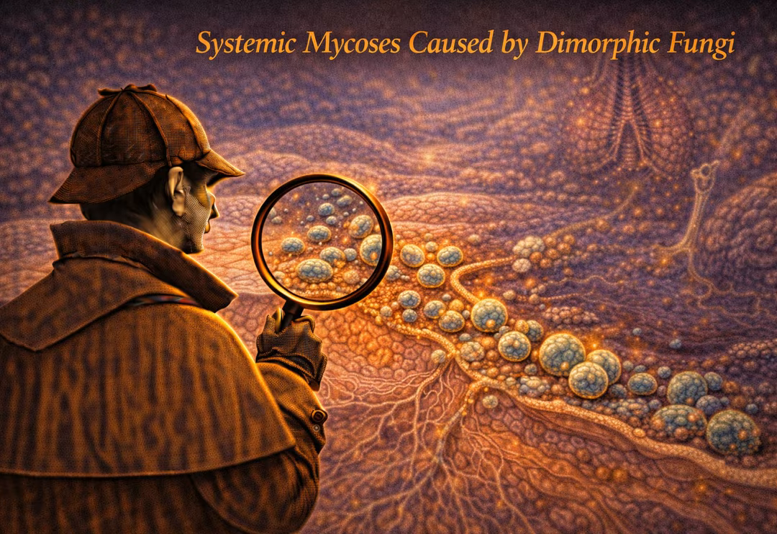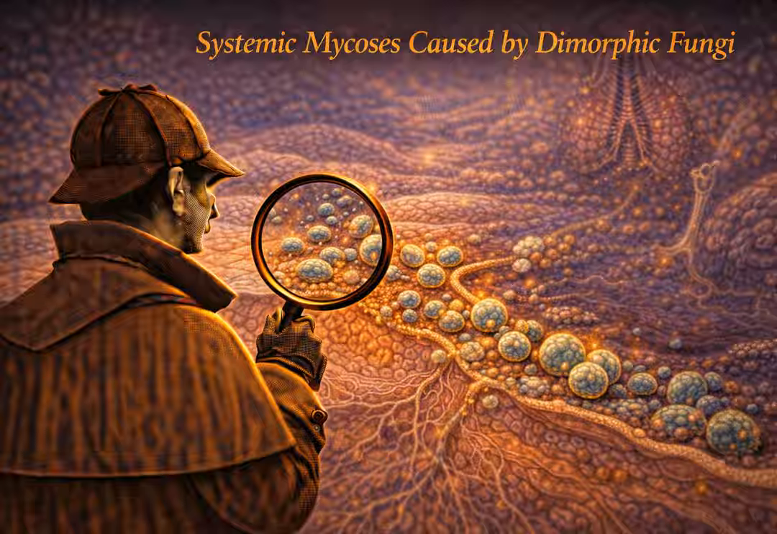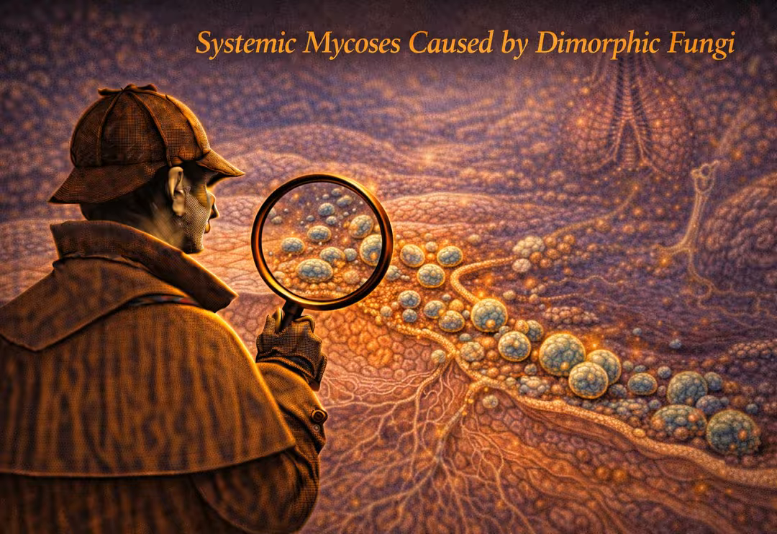Ready? Mississippi River Valley. Could be blasto or histo. You have to look at the niche. Wooden skin lesions, blasto. Caves and guano, histo. Phoenix, Arizona, Coccidioides. Brazil, Paracoccidioides. Bangkok, Thailand,